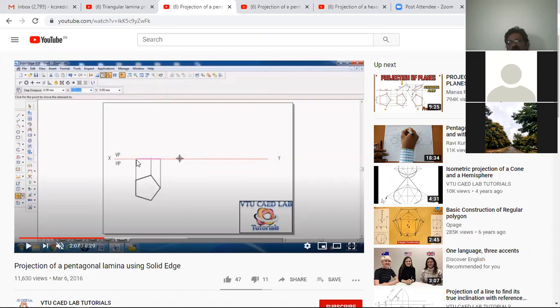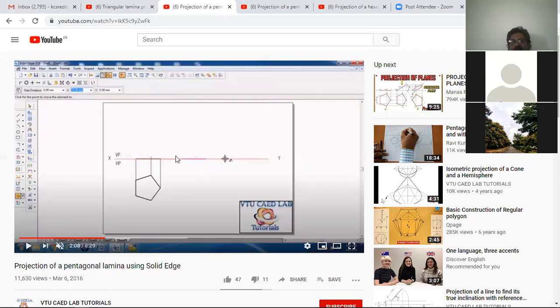So use the move command, choose this one, and then place any one as the reference point, either this left hand side or right hand side corner. Take the reference point and then move it. Don't move by using like this. Okay. Yes. Now after moving onto this line, you need to rotate this to a given angle.